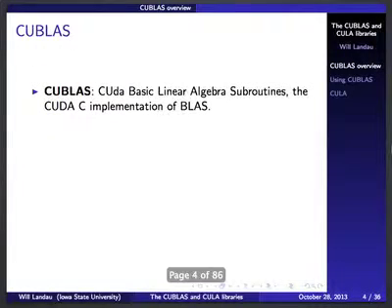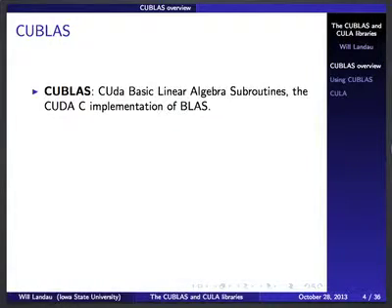Let's start with CUBLAS. CUBLAS stands for CUDA Basic Linear Algebra Subroutines. And how many of you have heard of BLAS? You've heard of BLAS, yeah? So BLAS is the library of basic linear algebra subroutines. And